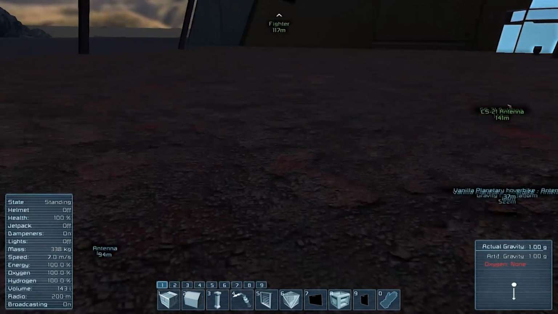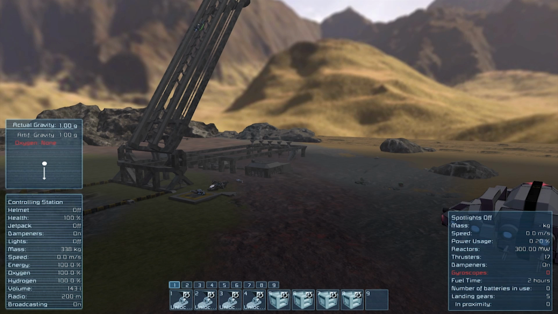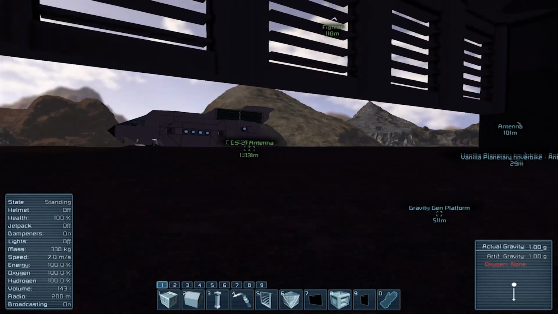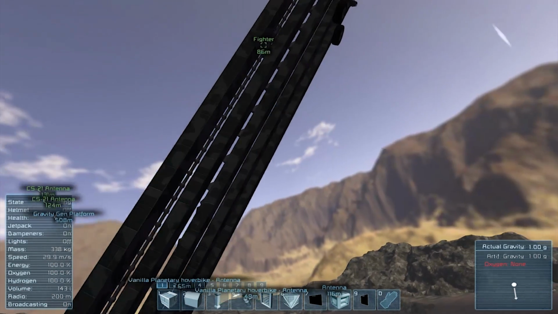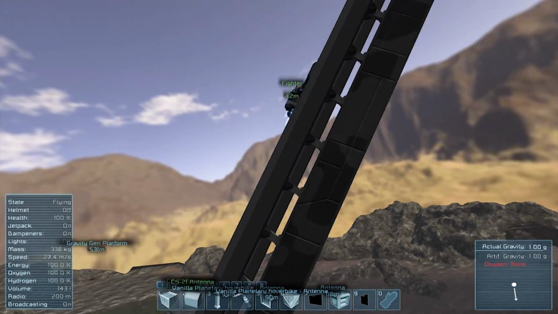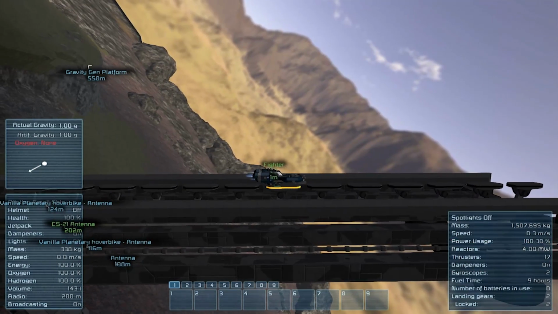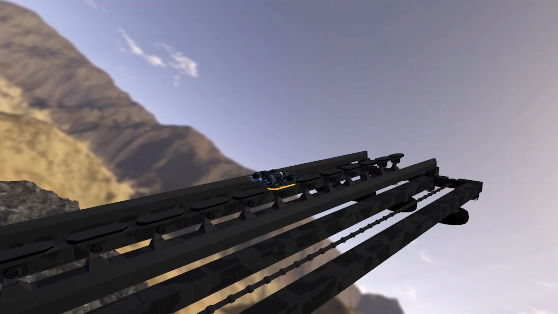Okay, turn the auto-locking off. And turn landing gear off. There we go. Okay. Now let's see how that works for us. And after that, I don't really know what else to do, because that's kind of the whole principle of the thing. So from here, we're going to turn off the landing gears